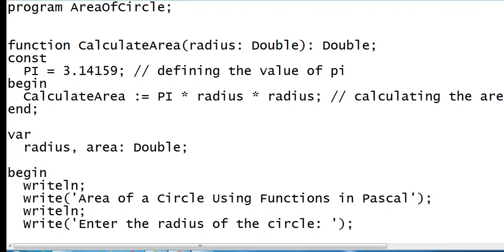So in this video, I will discuss how to write a program that will ask the user to give the radius of a circle, and then our program will simply compute the area of the circle using functions in Pascal